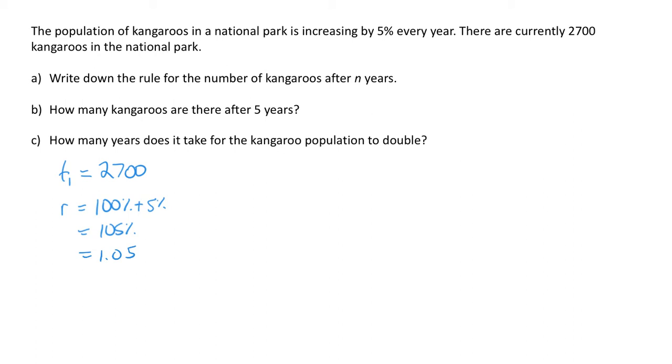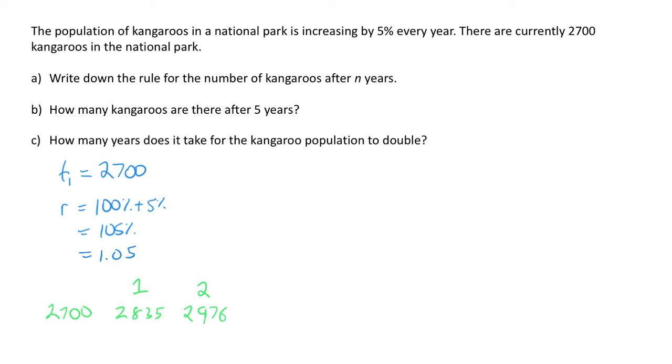Now, before I go ahead and write the rule, I just want to take some time to think about what the rule is going to look like. Our current value is 2,700. In 1 year's time, that value is going to increase by 5% and be equal to 2,835. Then in another year's time, it's going to increase by 5% and be 2,976. So in 1 year's time, it's 2,835. In 2 years' time, it's